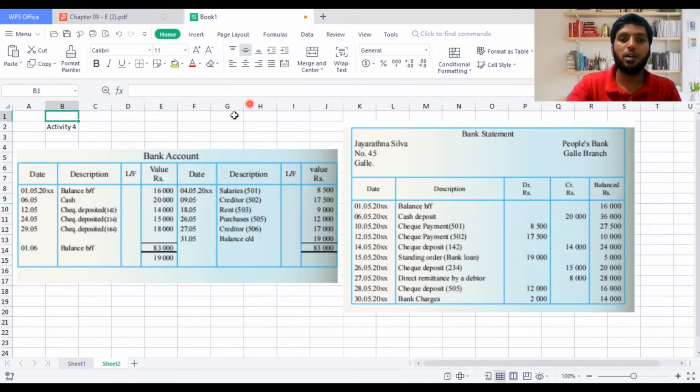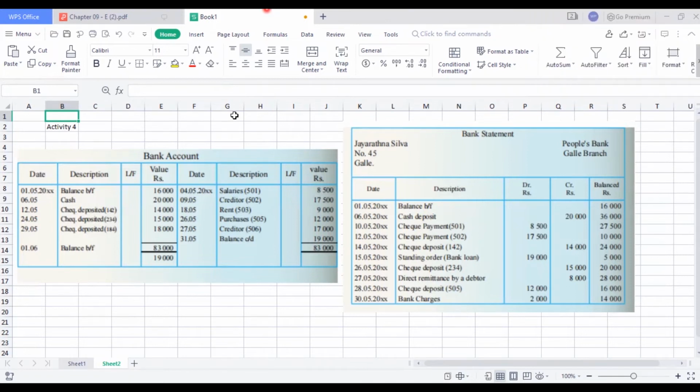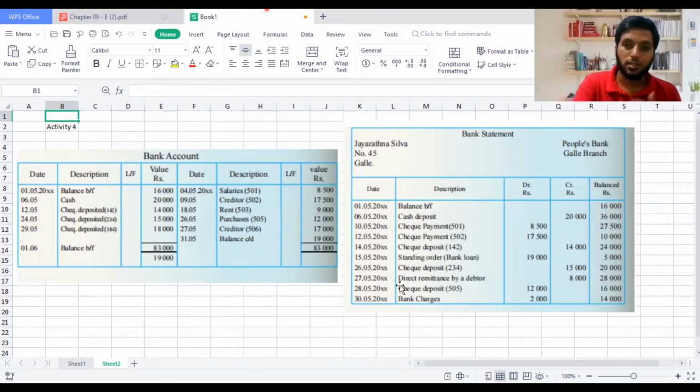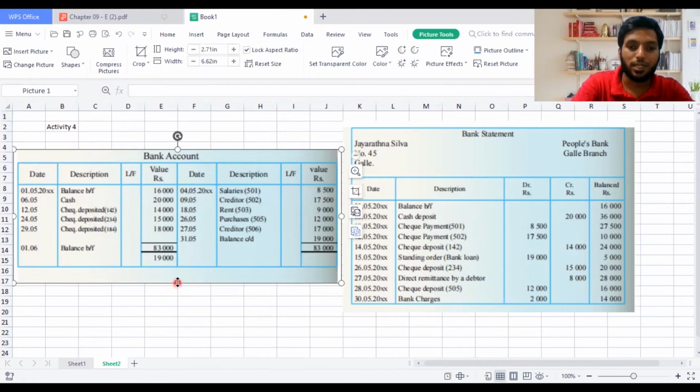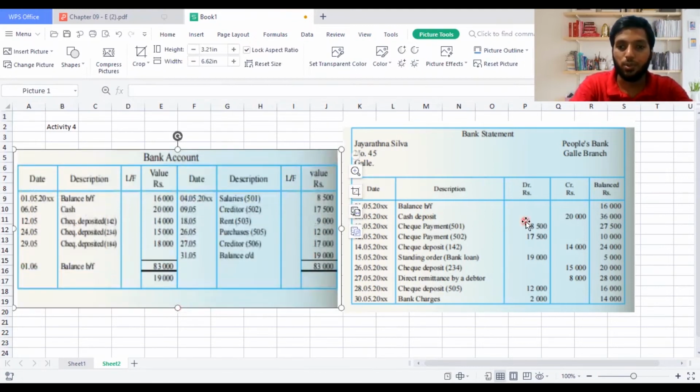When I compare my bank account with my bank statement, remember what I would get? I will get the details relevant to the bank reconciliation statement. When I compare my bank statement with the bank account, I will get adjustments related to the bank account. Having this in your mind, if you don't understand, replay it so you will understand it in a better manner. You might see here, bank account and bank statement. I'm going to compare now. I hope you guys can see this value. If this value is not visible, zoom in a bit and you can have a complete view of what I'm going to do, as this is the maximum way they have given.